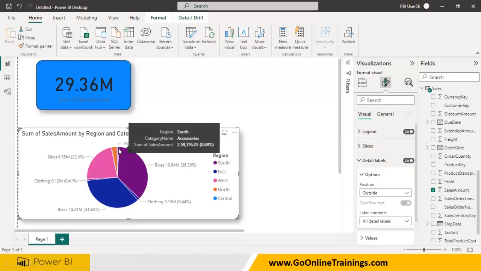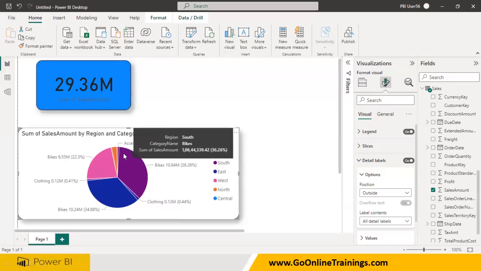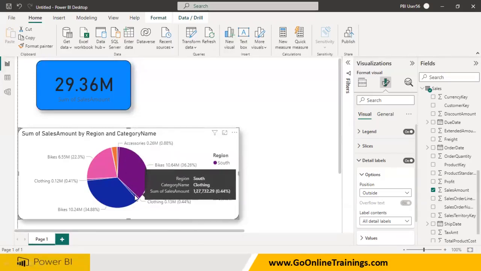When you click on this, you will be able to understand region is south and accessories. Region is south, bikes, like that. And the small one, region is south and the category is bikes. Like that, whatever category called clothing, it is going to be giving you